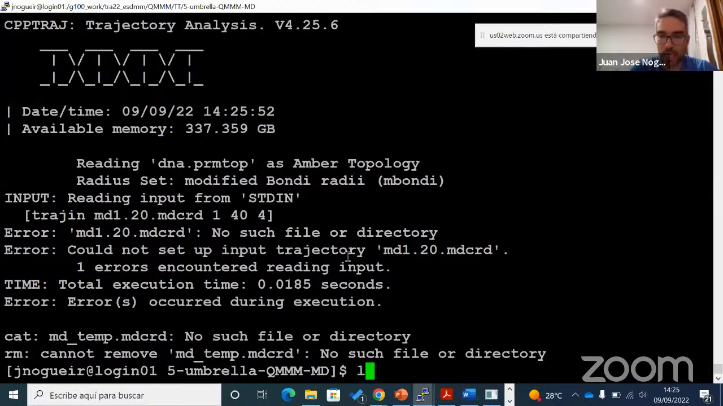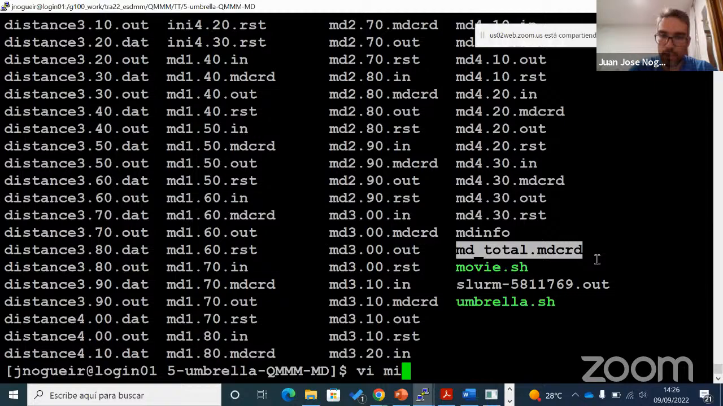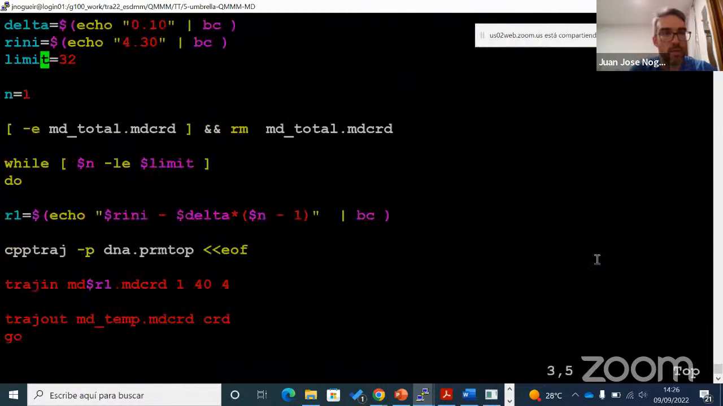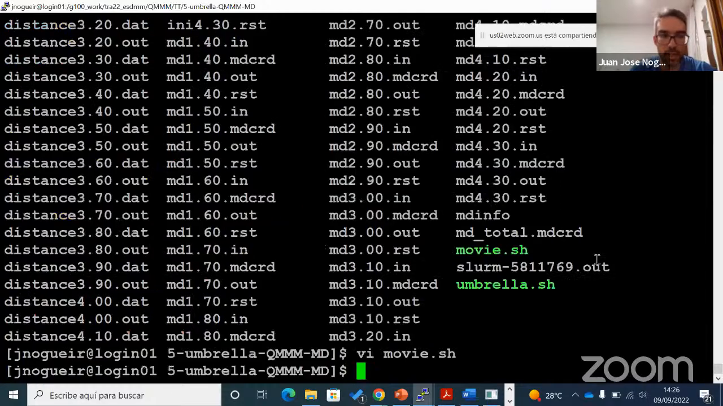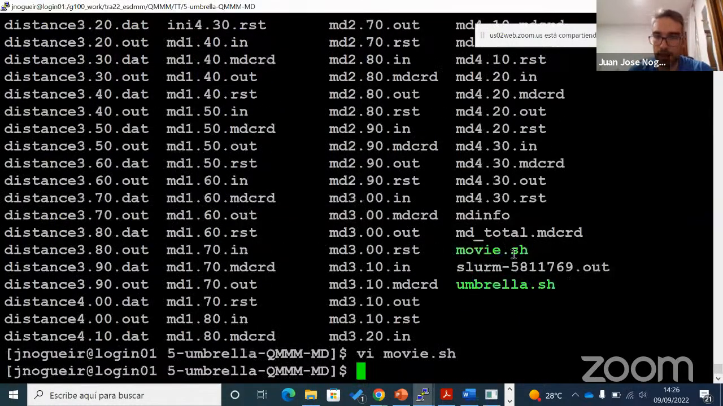Okay. So now we have created this file. Just to be completely correct, we have only 30 windows, not 32. This is why the program complains here. But it doesn't matter. It creates the file anyway. So now this file is a trajectory file which includes the dynamics from all the windows, so we can visualize